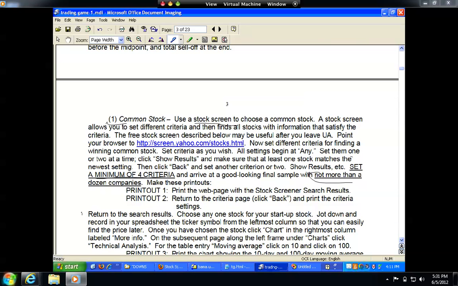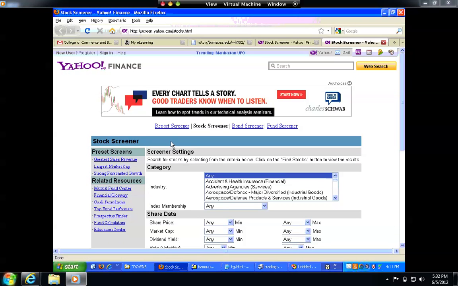And so let's work our way through the web page to get these first 2 printouts. What I'm going to do is just select that link and jump over to this Yahoo chart. Now right here we're on the stock screener screen. And the reason I'm going to look through here is, for example, to choose an industry that I want to look at. Now I happen to know that, because I was looking before doing this,